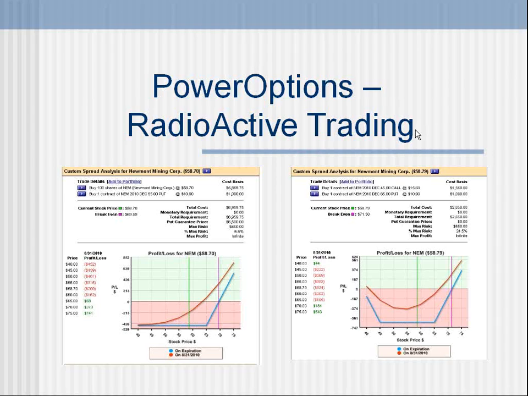A couple examples that came up during conversations today, Power Options customers calling in with some of their trades as well. And I'll just share with everyone my general basic advice when looking at rolling positions, whether they're working for you, working against you, or now completely out of bounds. So we're going to cover a lot of information today.